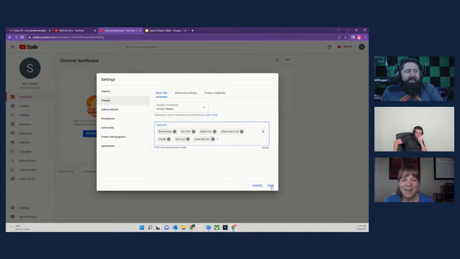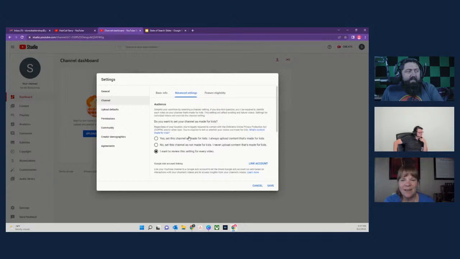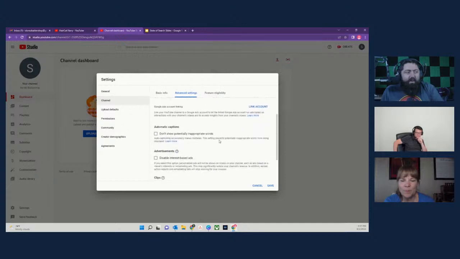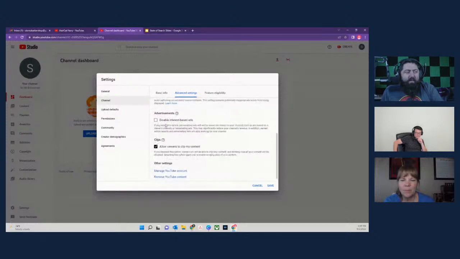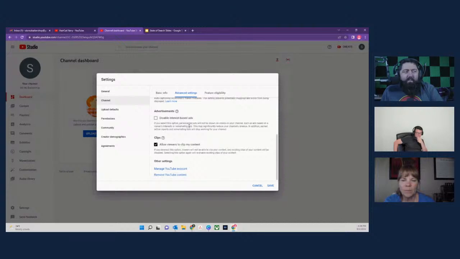All right. Advanced settings. Is this video made specifically for kids? No. We're going to go with no because it's for everybody. Automatic options: we don't want to show inappropriate words. Disable interest-based ads: we're going to leave that unchecked. And that is basically